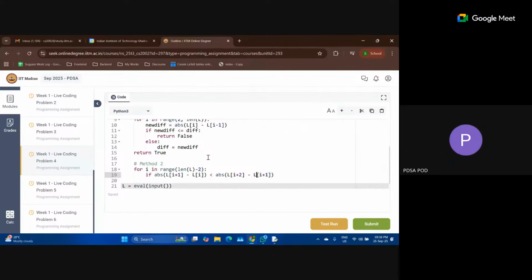If this is greater, then we will return false.